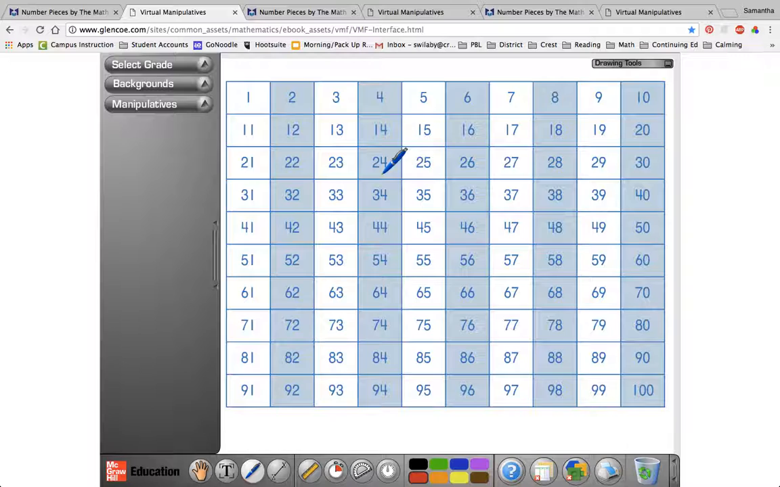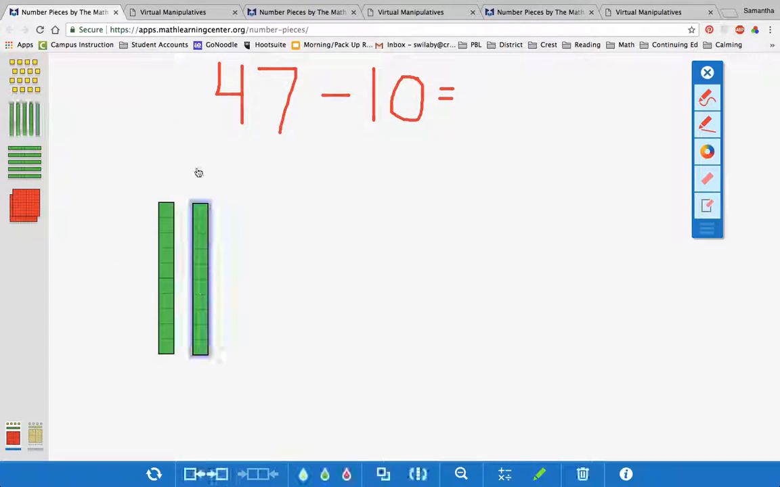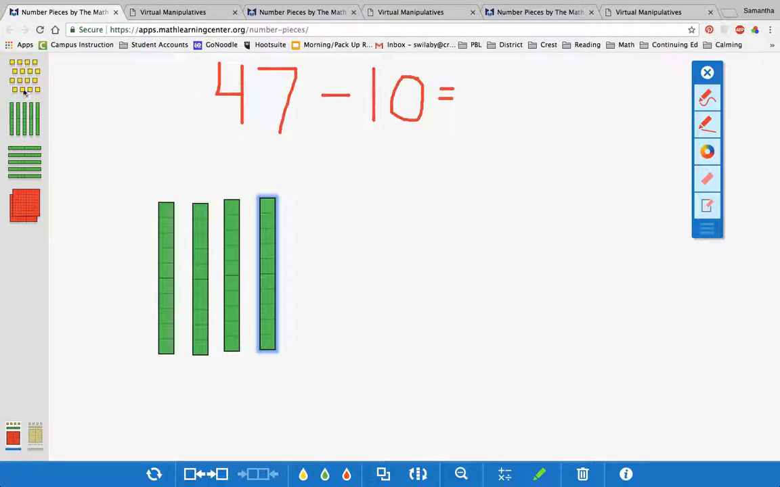So we're going to use this knowledge of our hundreds chart as a tool to help us when we're subtracting. So let's look at our first example. We have 47 minus 10. Now, one way that we're comfortable with using already is the base 10 blocks. So I could build it with base 10 blocks, seeing that it's 47, so I'd need 4 10s and 7 1s,